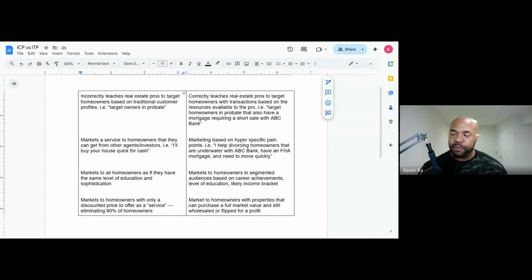And you cannot have product market fit if the only thing you can offer is, "I'm going to buy your house for less than it's really worth so I can resell it and make a profit." That's not going to work. You're going to find product market fit with some homeowners, but if you go to scale the business like that, you're not going to find enough homeowners that want that deal. So it's very important that you have a method where you can offer homeowners what they want, or maybe even